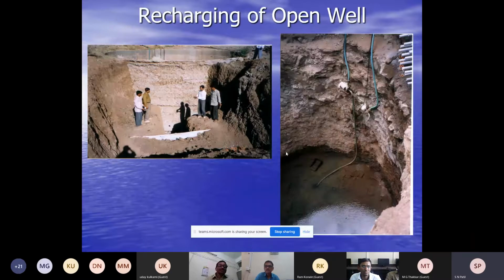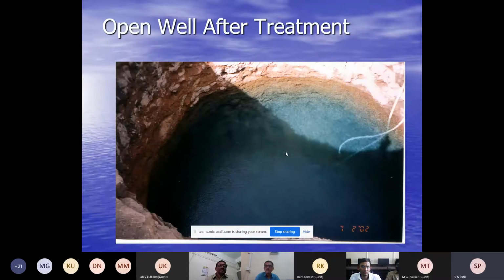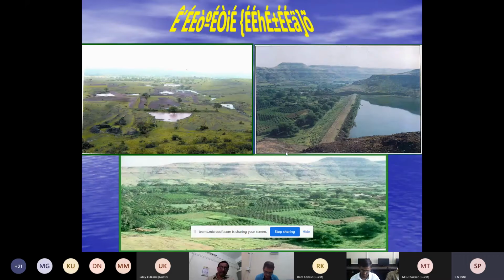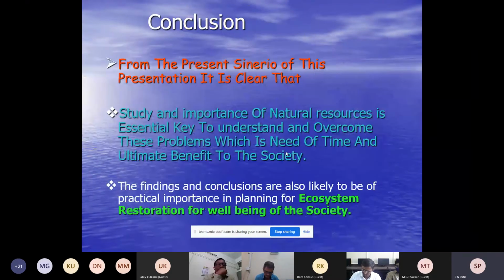And in the next season, the water level rose in a particular village, Vure, of the Rawat Tahsil of Jalgaon district. This is one of the case studies done by our team 6 to 7 years back. If such a photograph is observed, if such conditions are there, then we can say there is a healthy ecosystem, and then there will be no question of droughts.